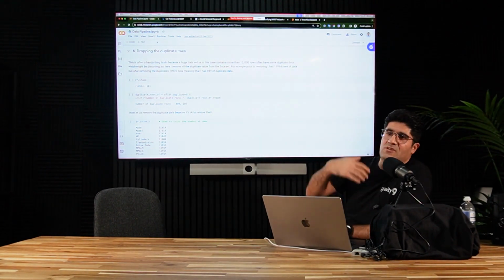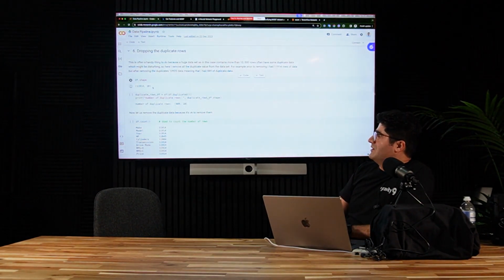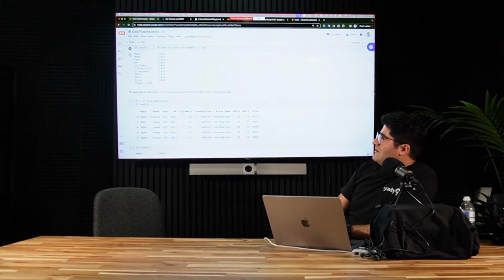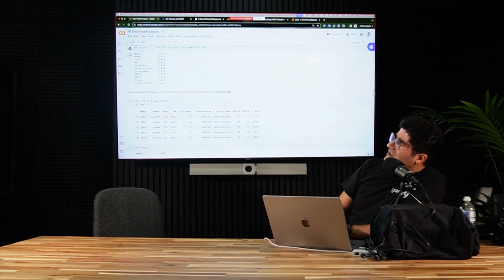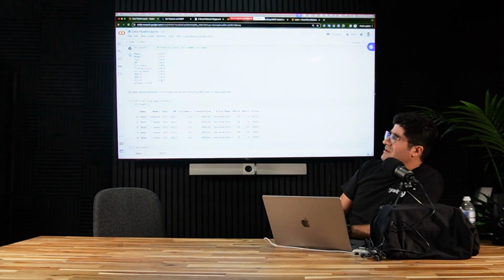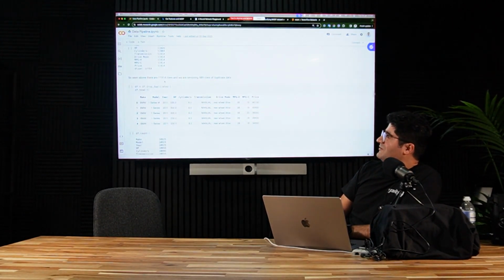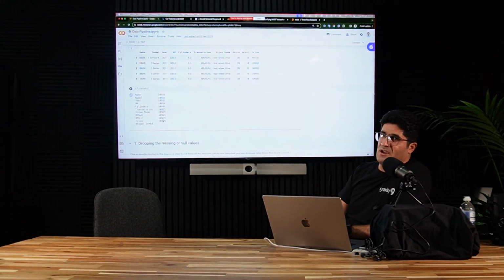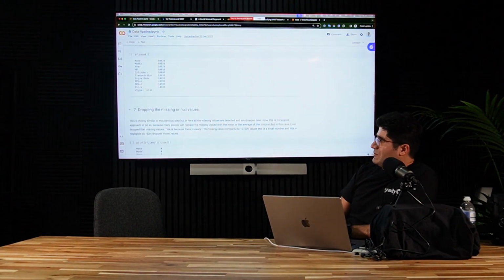So removing duplicates is important. At the beginning we had 11,914 rows. After dropping, we have 10,924. So in fact, we found some duplicates.